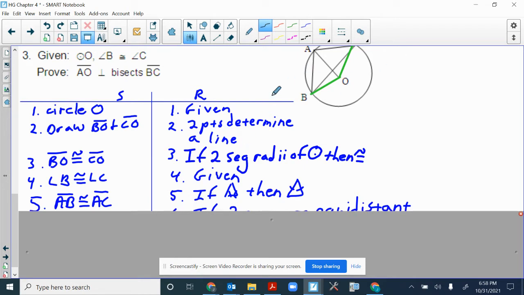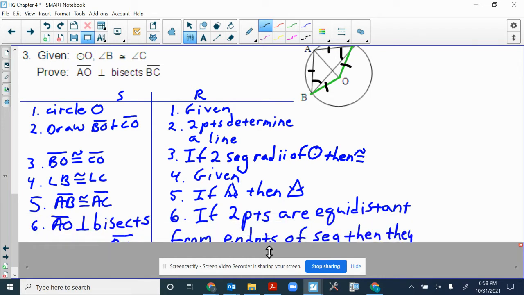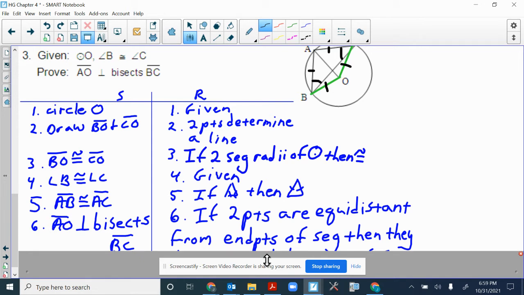we have that. So we have that these are congruent. Just kind of marking up my diagram. We have the angle and angle are congruent. So then we can state, oh, well, if I have my base angles congruent, then their opposite sides are congruent. So that's why I have AB is congruent to AC. And then I know that AO bisects BC